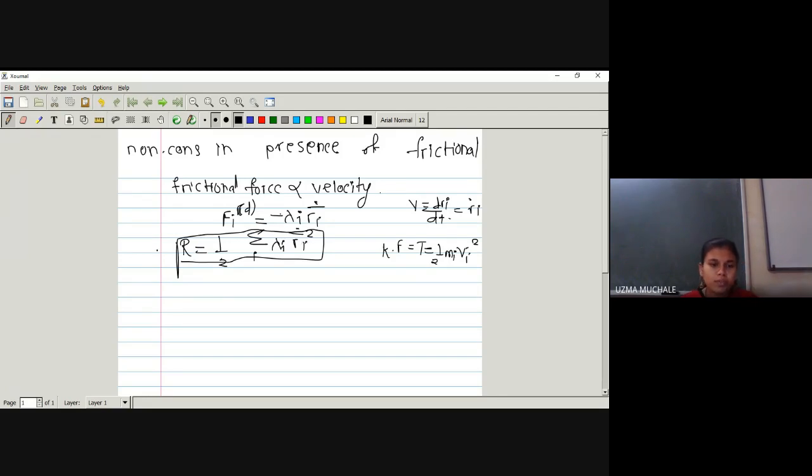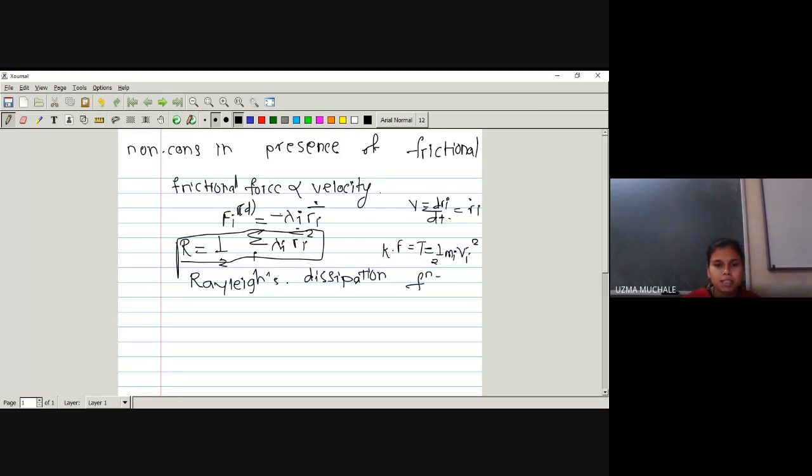Actually, the derivation for this capital R is not provided in our syllabus. Those who want, you can see it in the book of Satya Prakash. Okay, I'm going to share this after completion of your first chapter, because up to now you should prepare your own notes, right? So capital R is given by this, and this kind of function we are going to call Rayleigh's dissipation function or constant. Okay, Rayleigh's dissipation function.